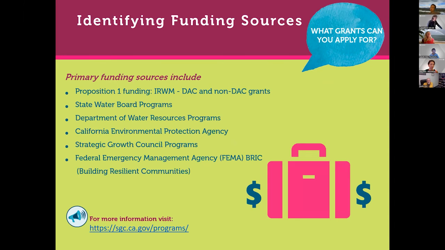So for the kind of projects that we're talking about here, and these have already been brought up by most of you, we've already talked about these things, but Proposition 1 funding, we're at the end of Prop 1 IRWM grant funding. Later this year, we'll have a solicitation, or we'll be able to apply for projects in 2 pots of funding: disadvantaged community projects and non-disadvantaged community projects. And we have a fairly substantial amount of money across our funding area, $34.3 million for general implementation funded projects,